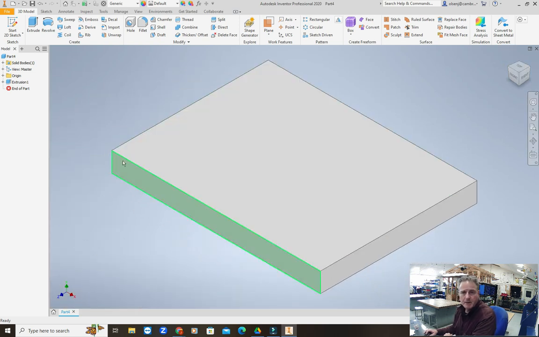That's good. Alright, so I need to make this slightly slanted because the roof of my birdhouse has to be able to drain water off. So I'm going to cut a little piece off the end here at a 20-degree angle, and that will attach to the back piece so that it's flush with the back piece. So to do that, I'm going to right mouse click on this surface right here, new sketch,